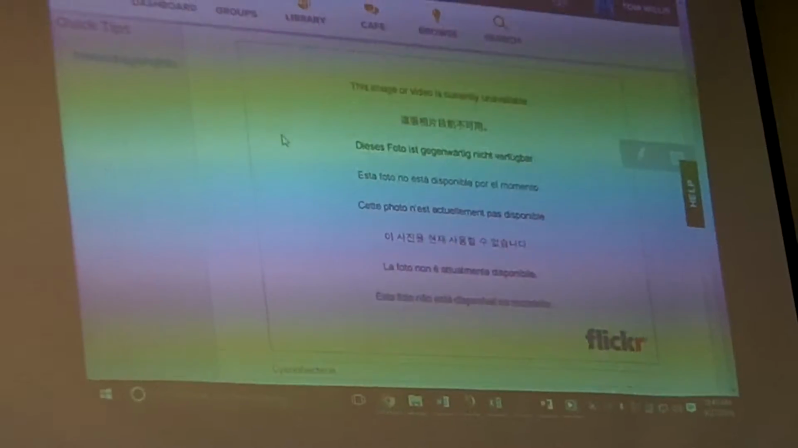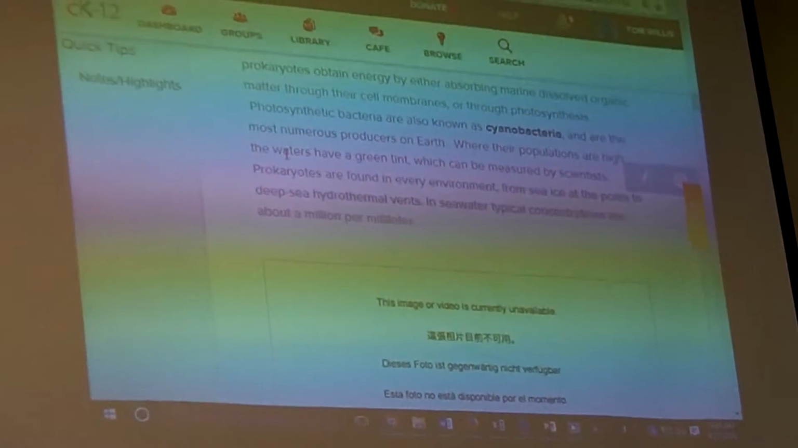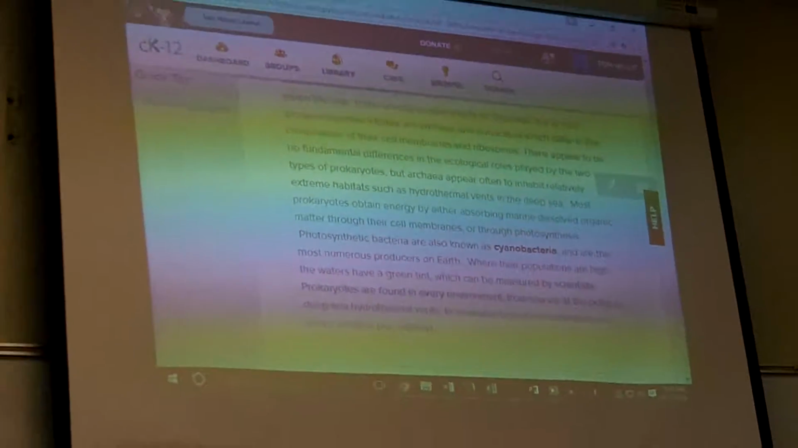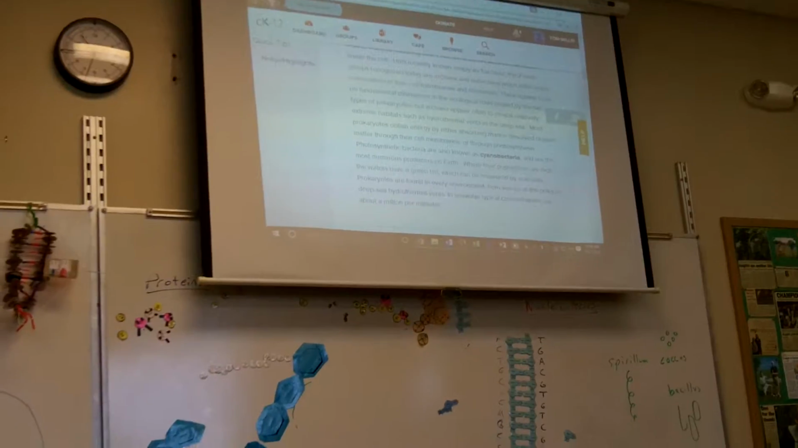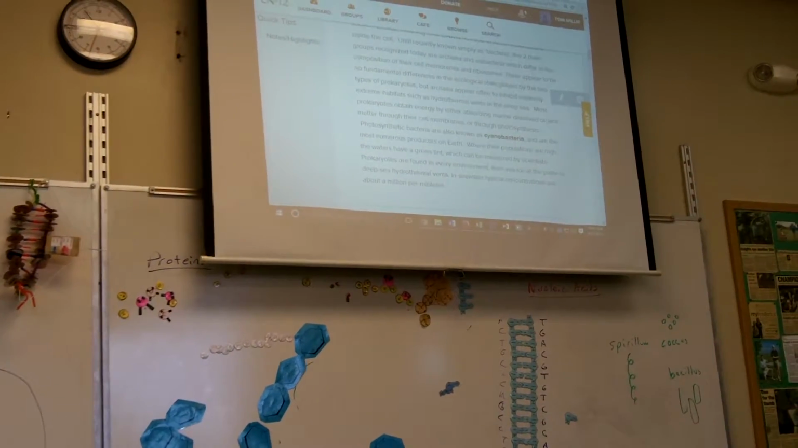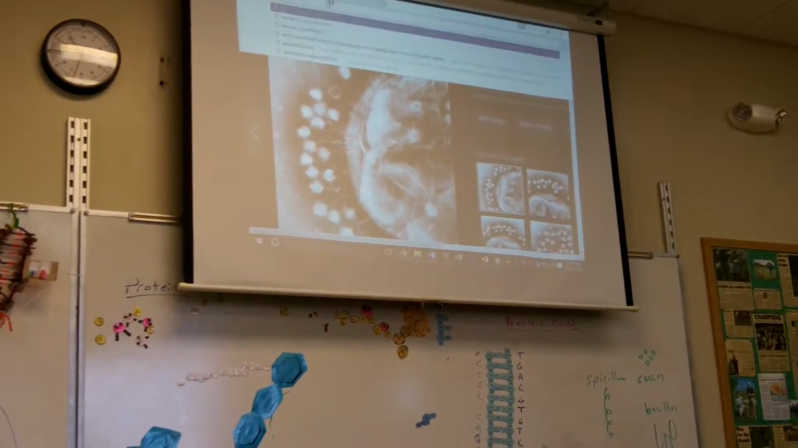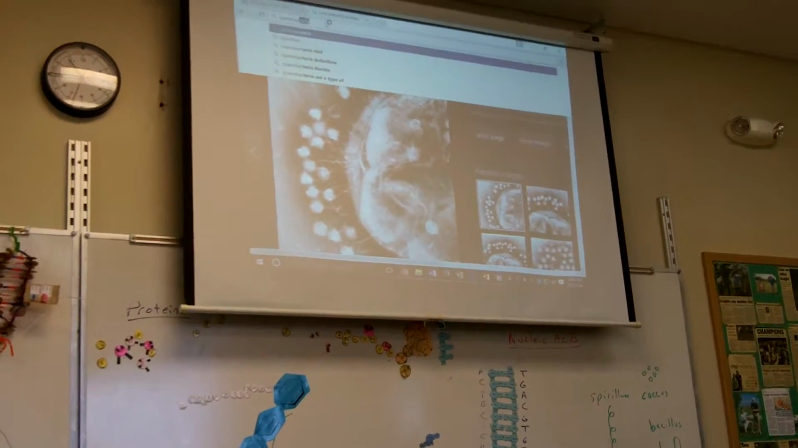Now the next thing it talks about is cyanobacteria, and it looks like the picture's not working. I'll have to go through this and fix the picture. But if you want to see what a cyanobacterium looks like,